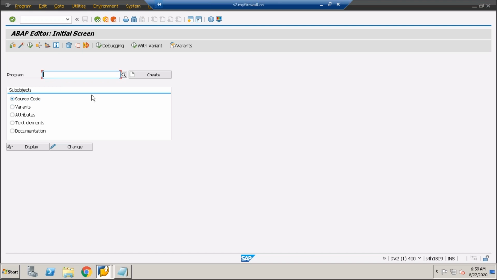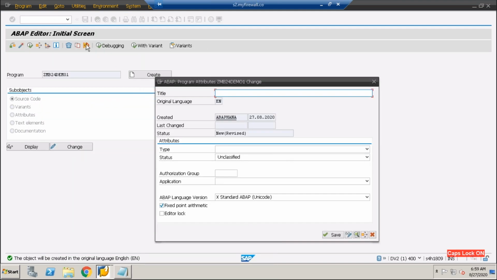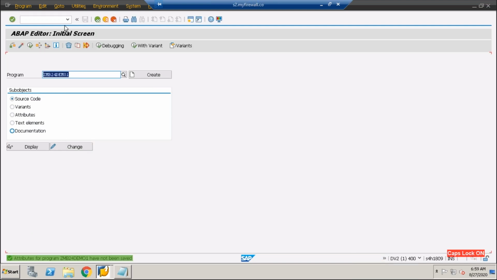I want to create some program. Okay, so Z MB24 demo 1. Click on this create button. If you have to create some program, you have to come to the transaction SE38. Remember, SE38 is the transaction where we can create the program. Program can also be created from the transaction